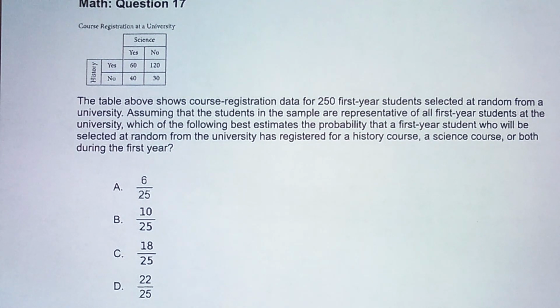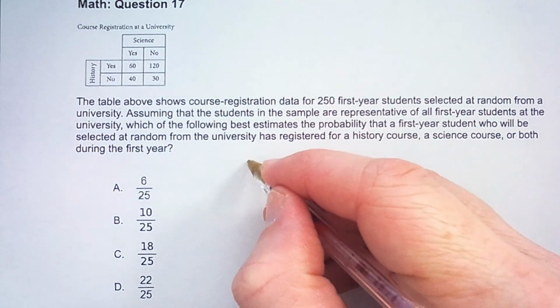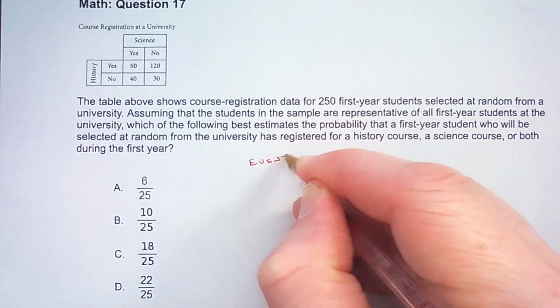Assuming that the students in the sample are representative of all first-year students at the university, which of the following best estimates the probability that a first-year student who will be selected at random from the university has registered for a history course, a science course, or both during the first year? Okay, so a probability problem demands an event